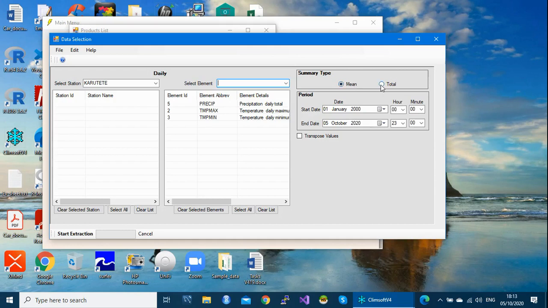For values or parameters like precipitation, here you select the total. So this can be rainfall, precipitation, evaporation, sunshine hours, and so on. So you need to specify. Here under period, you specify the range of data you want, from which date to which date, using either